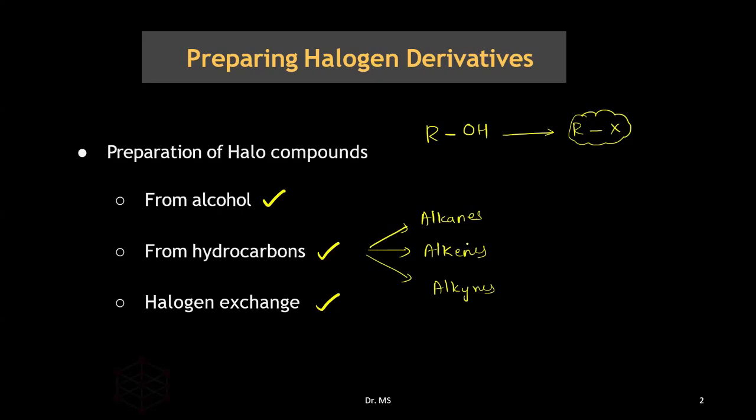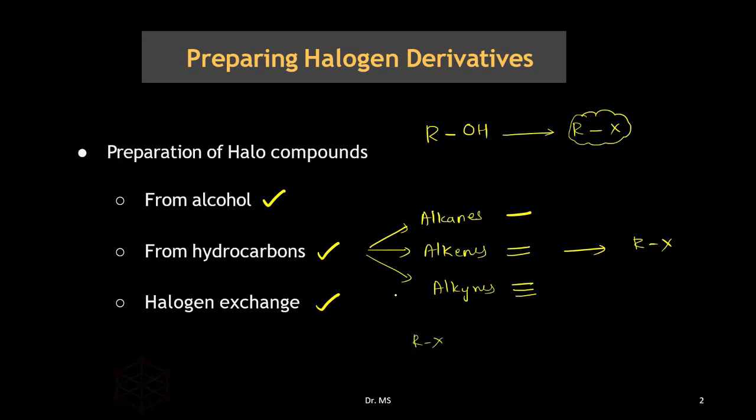So what's the basic difference between alkanes, alkenes, alkynes? If the carbon chain has a single bond, they are called alkanes. If it has a double bond, alkenes. If it is a triple bond, alkynes. So we are using the different alkanes, alkenes, alkynes, and we'll prepare the halo compounds, that is alkyl halides. And we will be using halogen exchange with different molecules, and we'll try to make